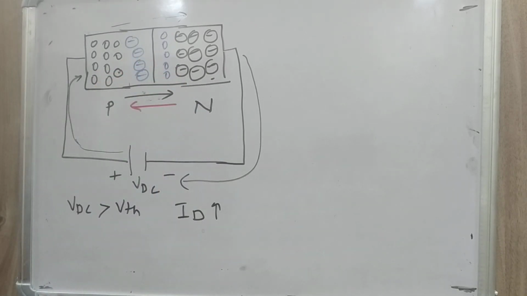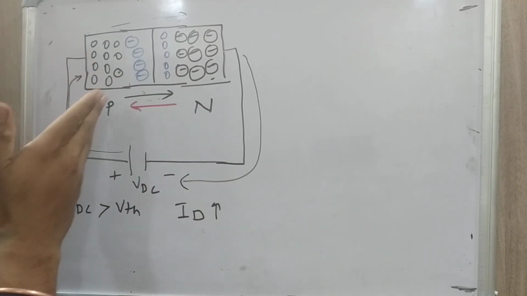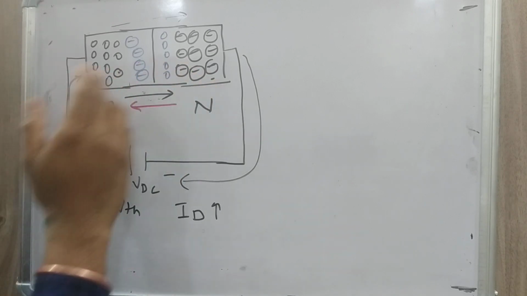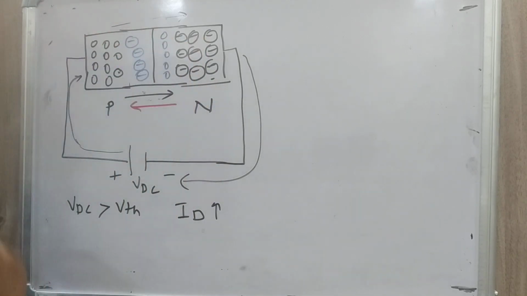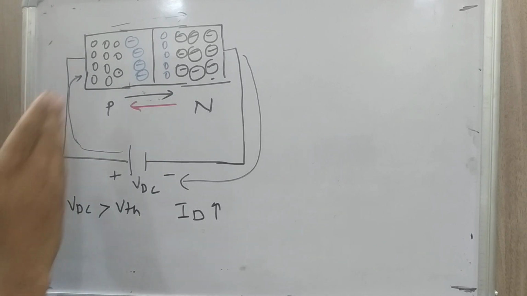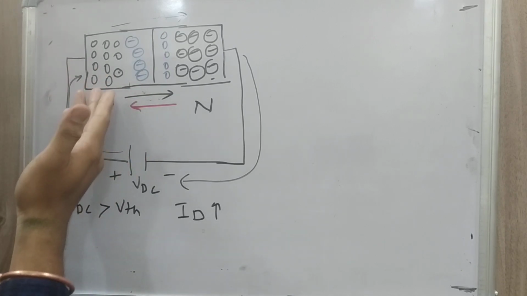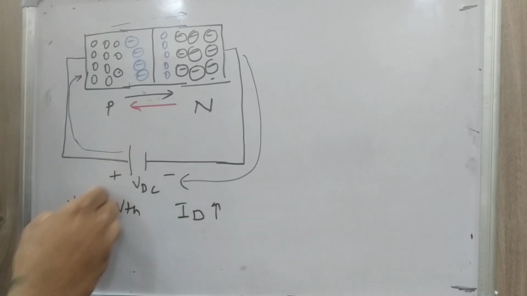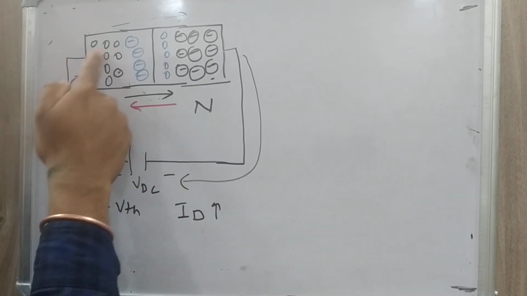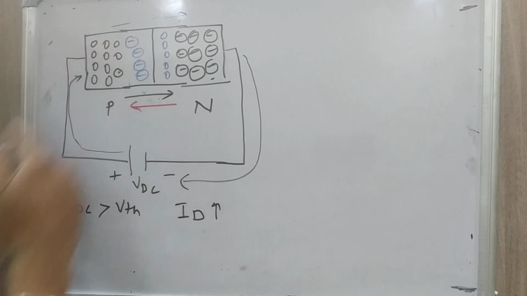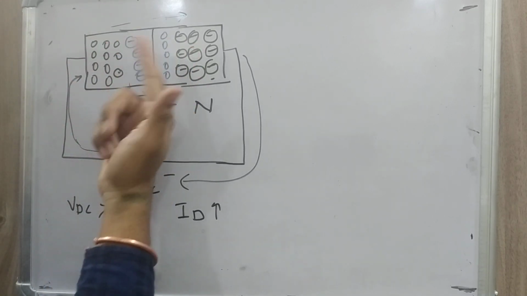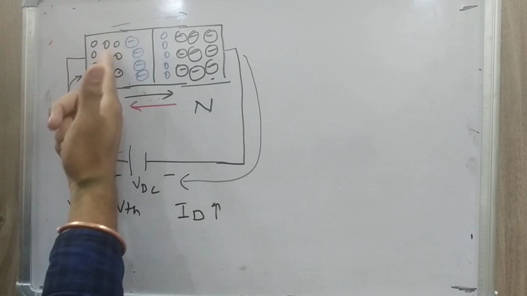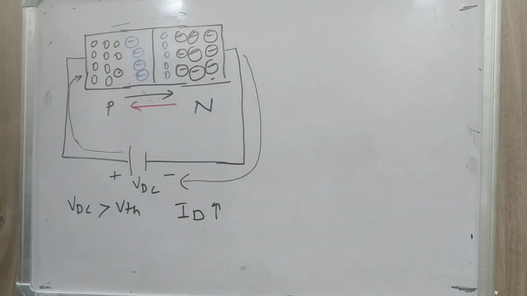And now when the, let's say, holes are traveling from p region to n region, they recombine with the electrons which are present at the n side material. Now there will be some vacancy, because holes have already traveled from p side to n side. So this vacancy is filled by the supply voltage by providing the extra holes. Similarly, electrons travel from here to here and they recombine, and the vacancy is filled by the negative terminal of the battery.